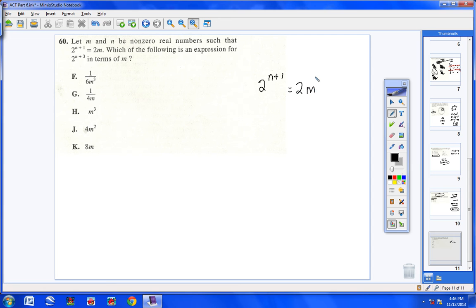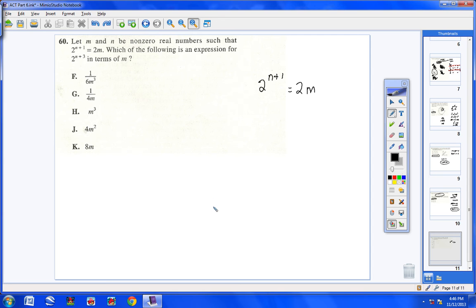Now, let me give you a little idea of what I'm trying to do, okay? If I want to write 2 to the n plus 3 in terms of m, then somehow over here, I'm trying to get this left side to look like 2 to the n plus 3 power. Somehow I've got to do that. So we're going to have to go back to basic